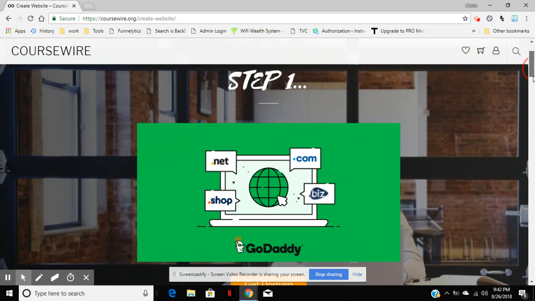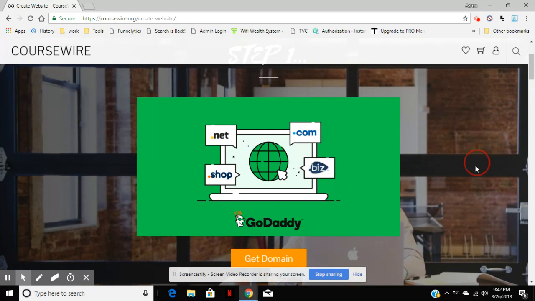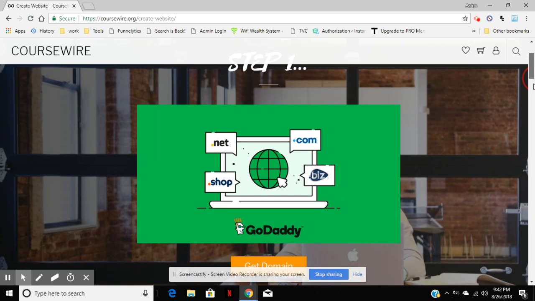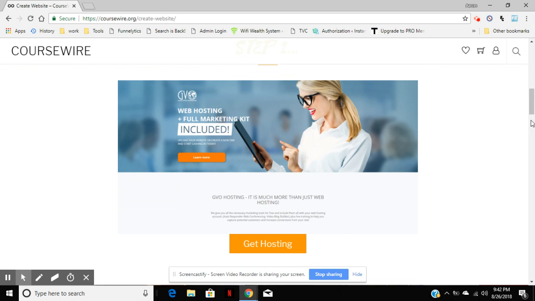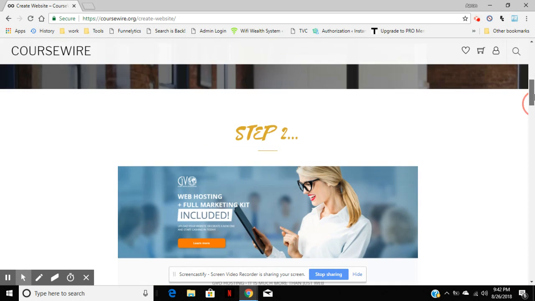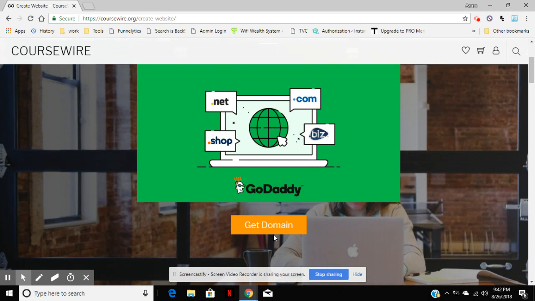So, step one you're going to want to do is buy a domain. And if you have a question on what a domain is, basically a house. And we're also going to be talking today about step two, which is getting hosting. And hosting, in a simple way of explaining, is basically your land that you're going to put your house on. So first you're going to need to buy your house. So let's get to that.